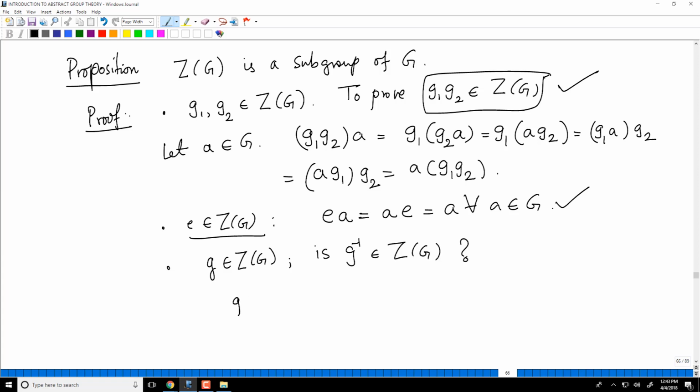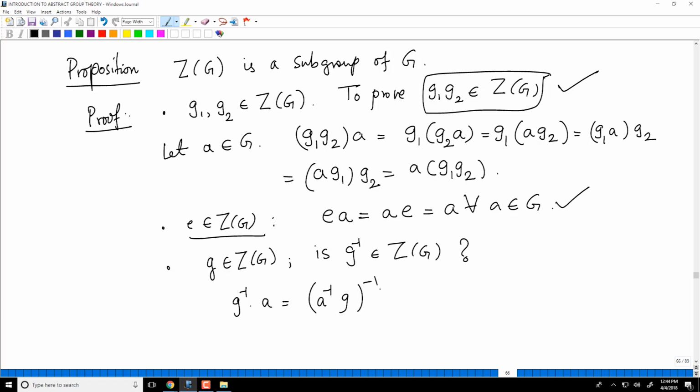Let's check. If we want to check G inverse times A, it must be equal to A times G inverse. So I claim that this is equal to (A inverse G) inverse.